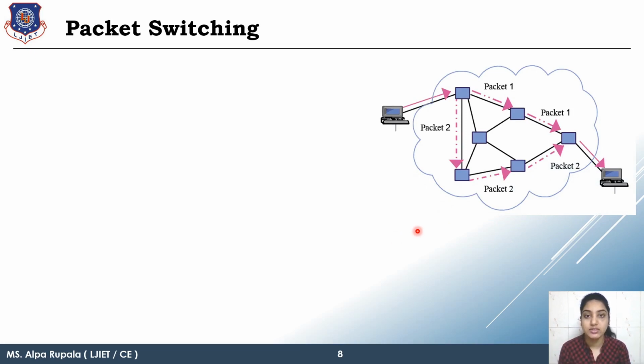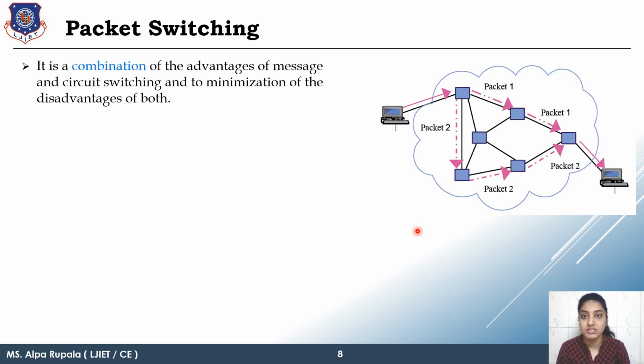In the previous techniques, circuit switching and message switching both had advantages and disadvantages. Packet switching is a technique which maximizes the advantages of both techniques and minimizes the disadvantages of both. So we are taking only the data connection network from circuit switching, and the no dedicated path formula from message switching. Now the disadvantage of message switching is what? Already we know that the store and forward network is there. In packet switching also the store and forward network is there.